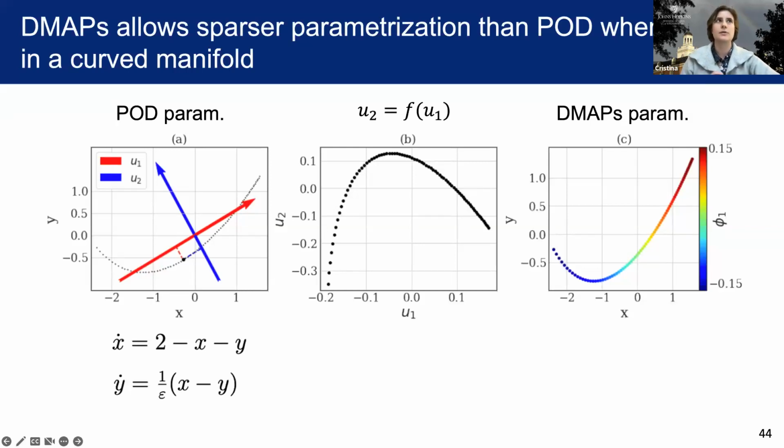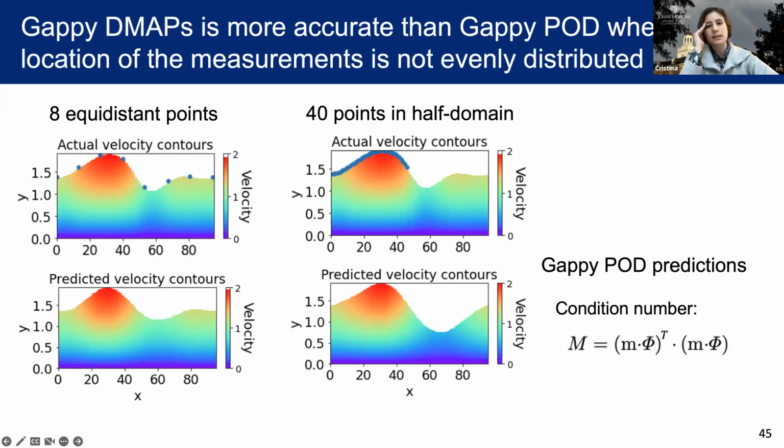So yeah, the parameterization of diffusion maps is more sparse than with POD. So that's the first advantage. The second advantage is that